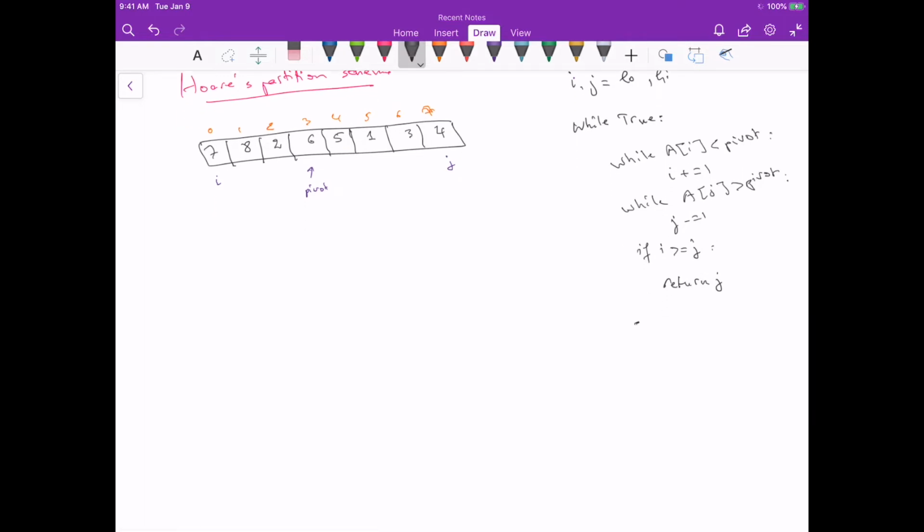That means that the two indices haven't met yet, and the element at position i is bigger than or equal to the pivot, and the element at position j is less than the pivot, right? Which means both are not in the right order. So if we swap them, we'll get them in the right order. We'll get the element at position i to be smaller than or equal to the pivot, and the element at position j to be bigger than or equal to the pivot. So here we can swap